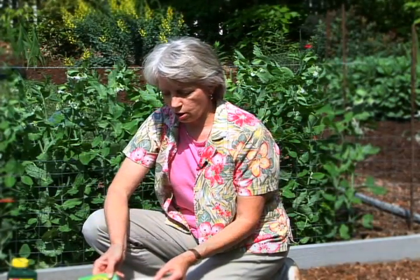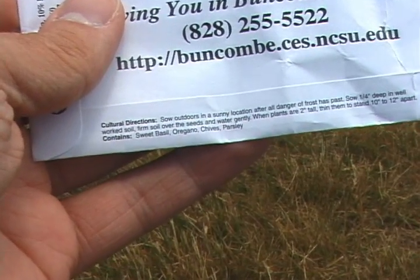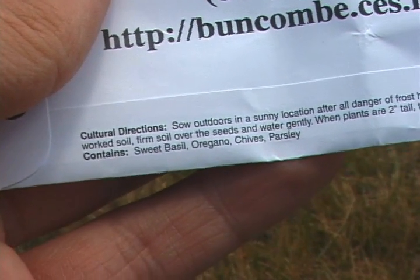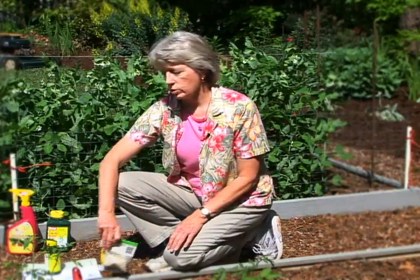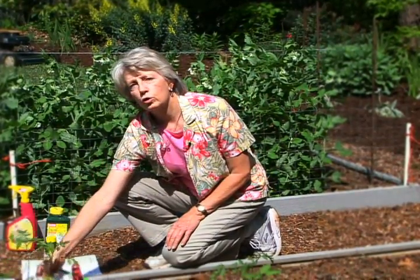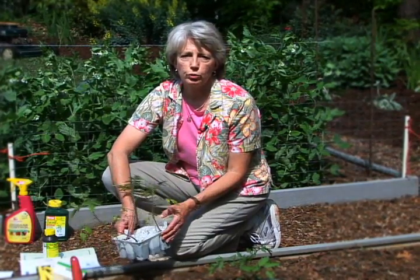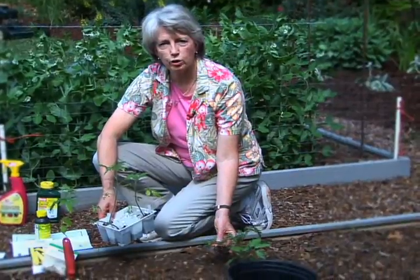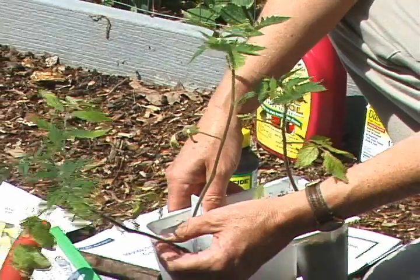If you're planting things from seeds like beans or squash, be sure to look carefully at the instructions on the back of your package that will tell you how deep to plant your seeds and how far apart to plant them. You also are going to have a little bit of challenge this time of year in purchasing good quality transplants. The later you get on into the month of June, the harder it's probably going to be to find these nice, stocky, short plants,